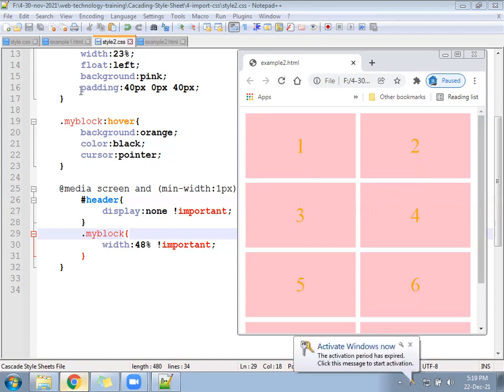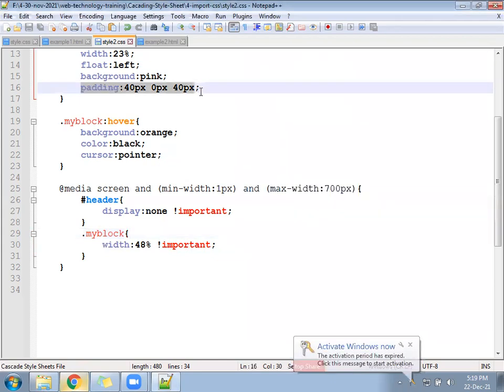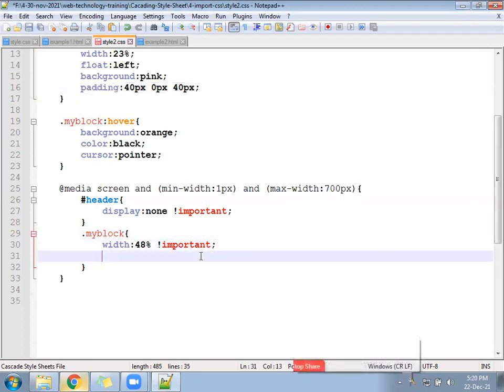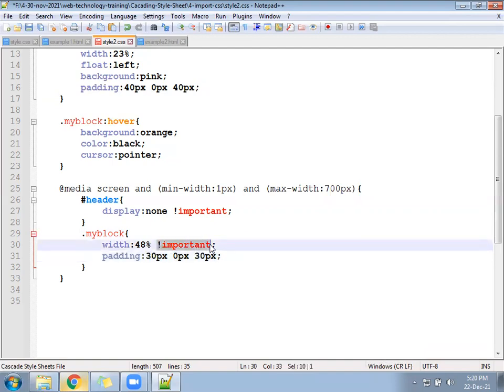What is the padding we have given? 48, 80. Reduce a little. We gave 40, we can keep 30 and 30. And again, exclamation important is required.